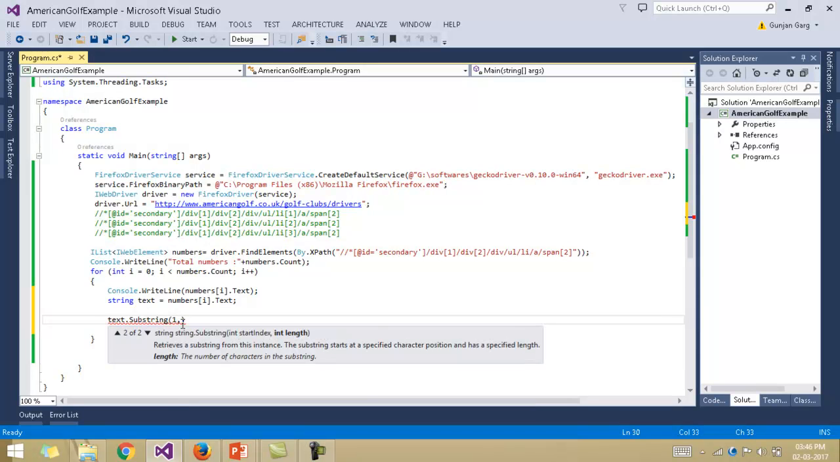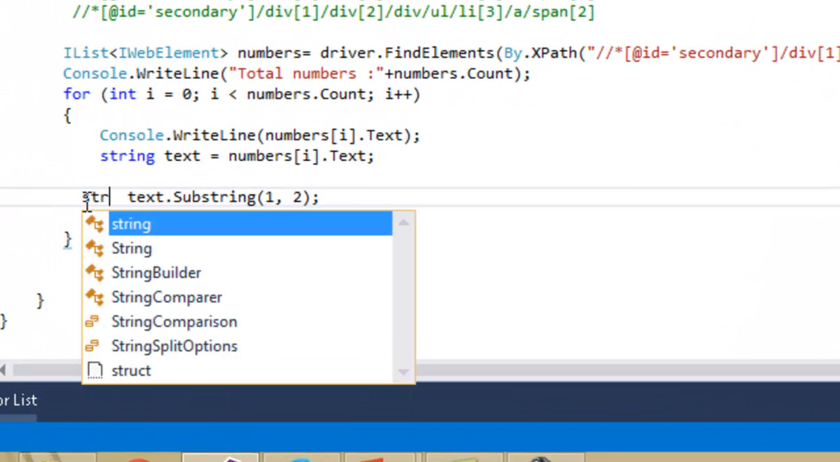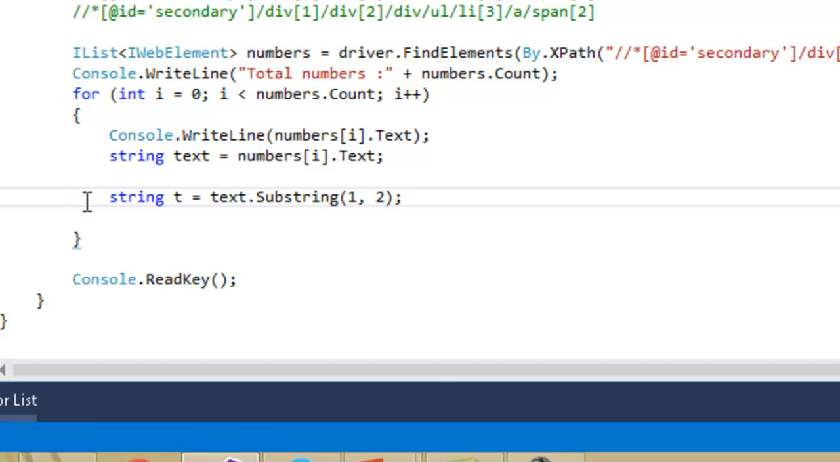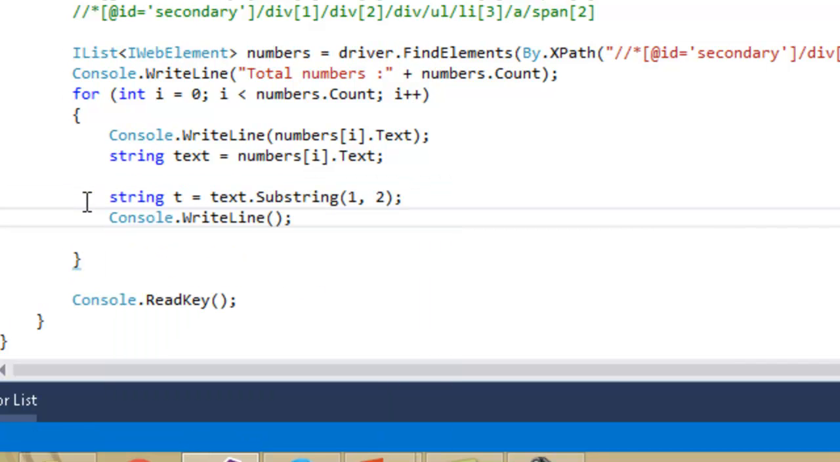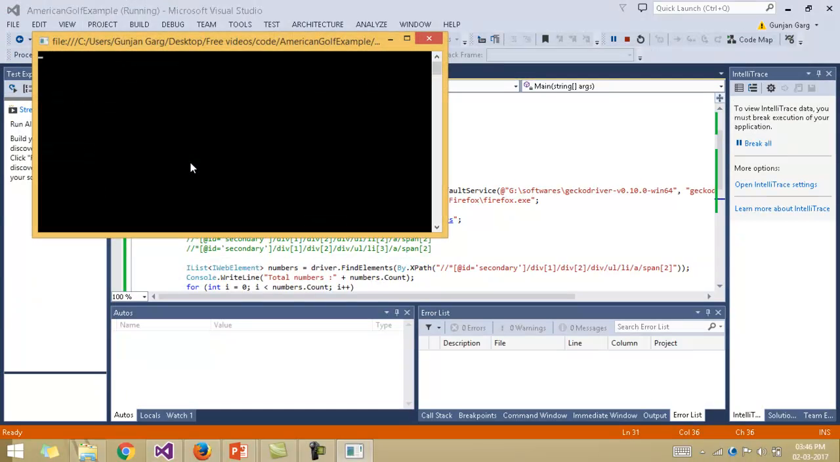Then I want to extract my element till the data at the second index. I want to extract the data till here. Fine, and then I'll just print this data. Let us see. So now if I run it,